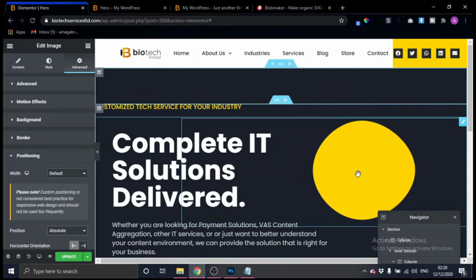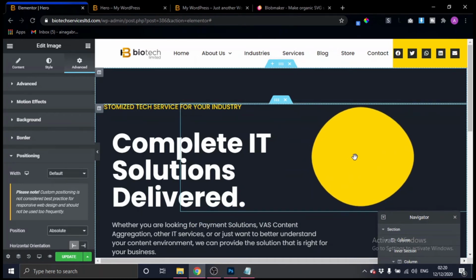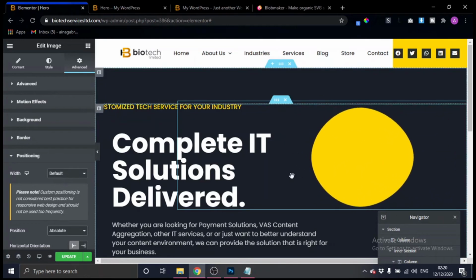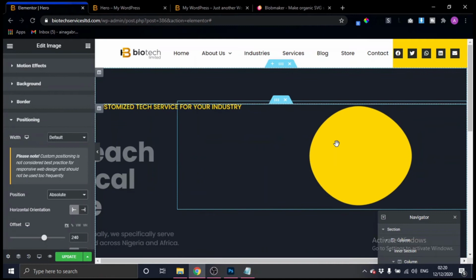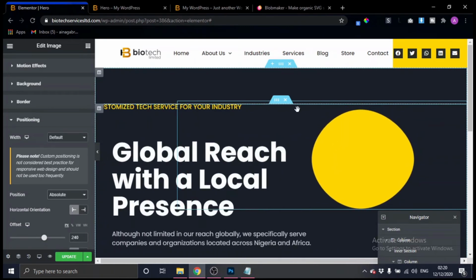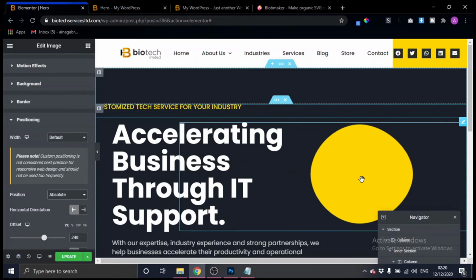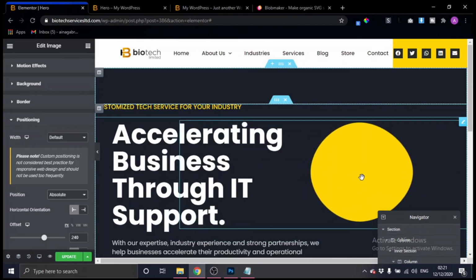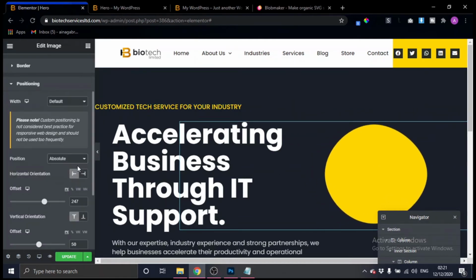So you want to place it exactly where you want it to be. You have to adjust this because even Elementor itself doesn't recommend making use of this that often. Because this position is absolute, it's not fixed, so you have to re-edit it for every section on every device.